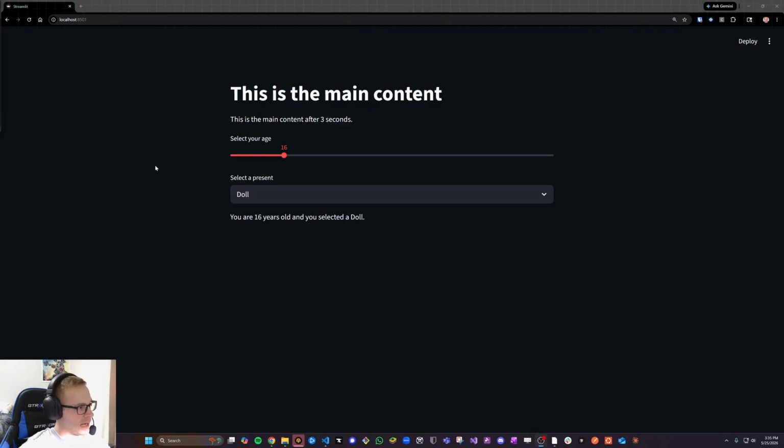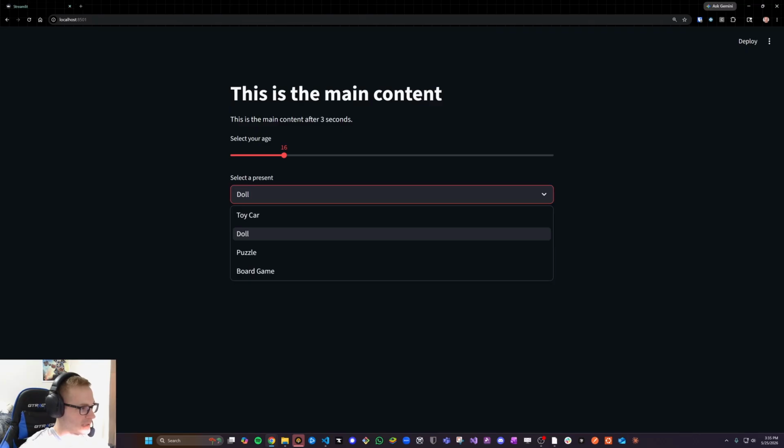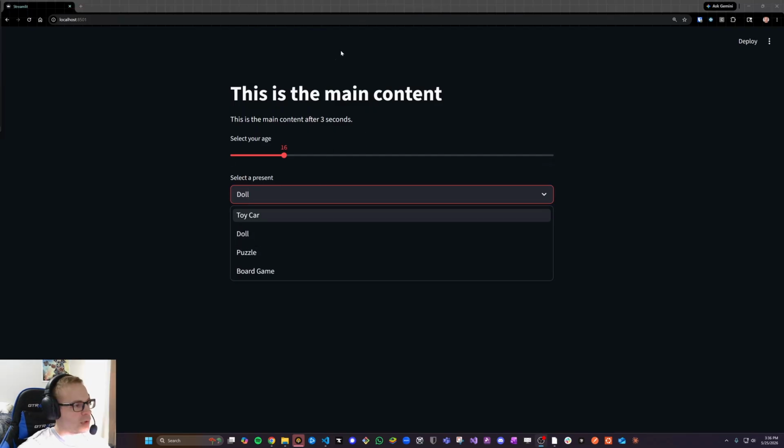Whereas when I was showing st.form before, we had a bunch of options like in our select box. Say this select box right here for selecting and present, this fed back into the main content, then we might want to do something like st.form instead. So hopefully